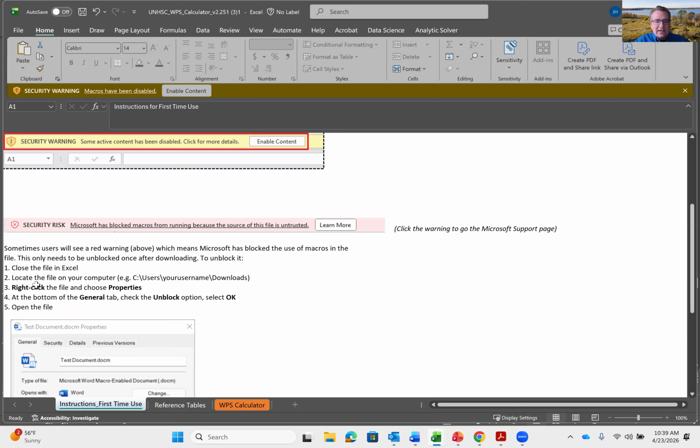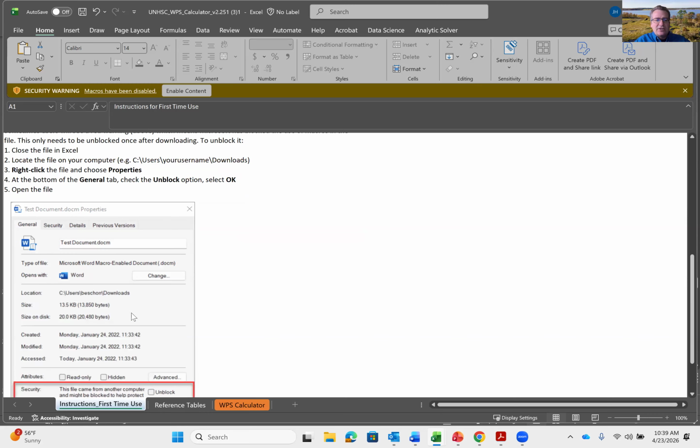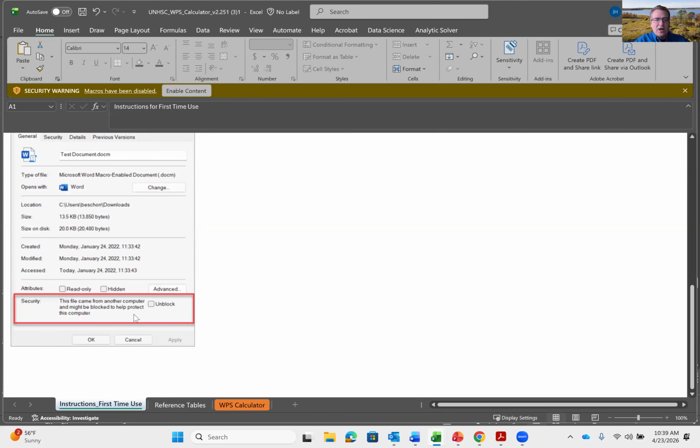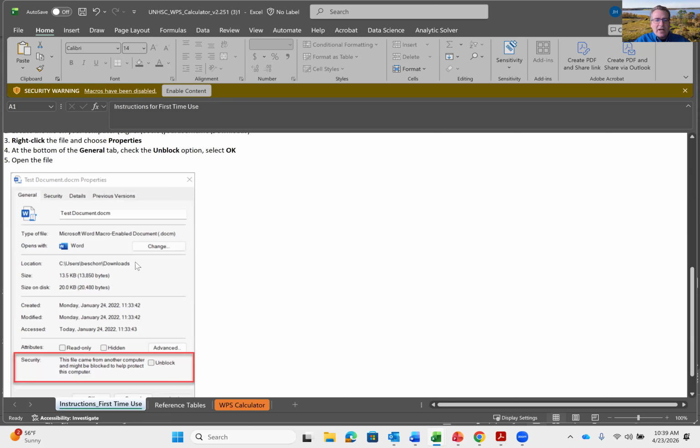You have to right-click the file and choose properties, and then adjust the properties. This little box will show up. So right-click, go to properties. Under the general tab, there'll be an unblock button. So under general, in the security area, you'll have to click manually to unblock it.